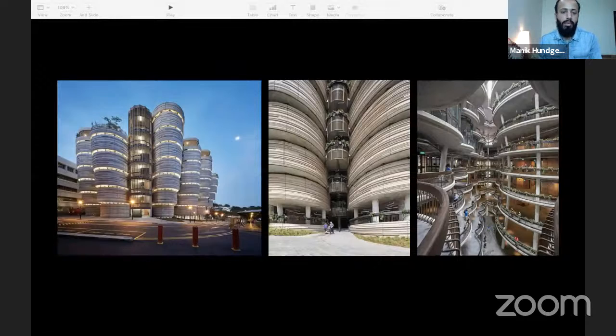And one more thing about this space is that there are no corners anywhere. So if you see, the outer form is definitely very interesting, but inside, they made sure that they avoided any corner whatsoever in the whole building. And that is an amazing feat. But that is also a way to make it playful.